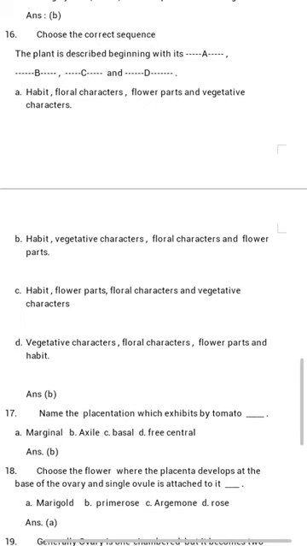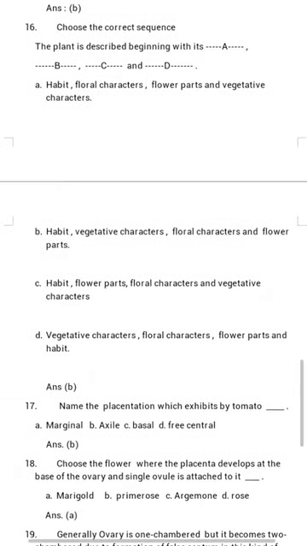Next, it produces a small sapling. It produces first the root system, next a shoot system. In the shoot system, leaves, again branches, next flower. The flower also consists of different parts. Next, after fertilization, fruit. In the fruit, seeds, and again those seeds give rise to a new plant. This sequence should be identified in the given 4 options.